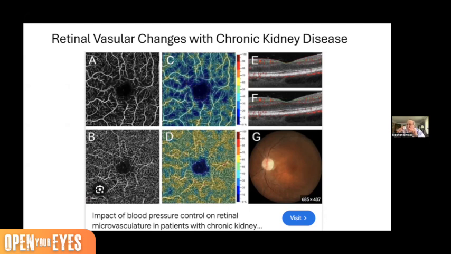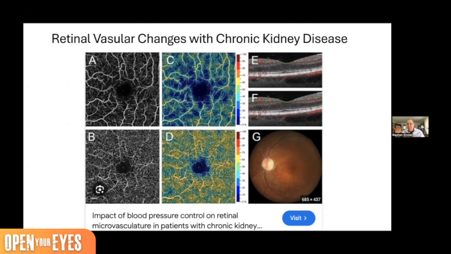Some of that is VEGF, but we have to do it early enough, contain it enough, and monitor it so that we get